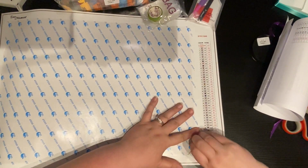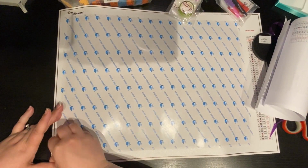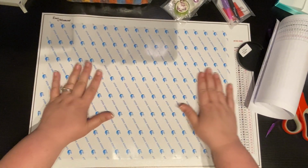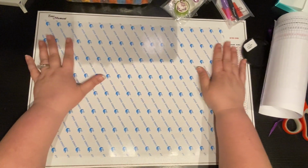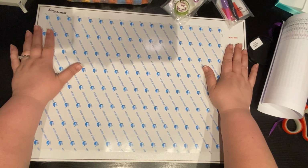So I'm just doing the corners just to help a little bit flatten it. As you can see, I'm not cheating. I don't know what's under here. I don't know if it's a vertical or horizontal piece. We will see. What I plan on doing for mystery paintings is taking some duct tape